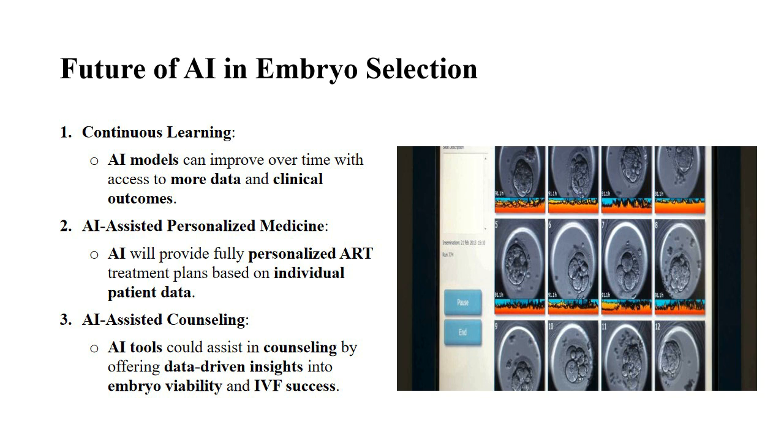B. AI-assisted personalized medicine. In the future, AI could integrate with other technologies such as genetic testing and patient-specific health data to create fully personalized treatment plans for each ART patient, increasing the chances of success. C. Regulatory oversight